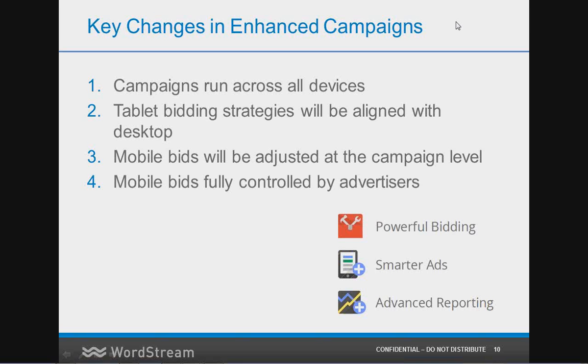3, with enhanced campaigns, the tablets can no longer be explicitly targeted. So previously, if you had a campaign that was targeting tablet traffic only, that is now gone. And so the only workaround here, or all you can do now, is both tablet and desktop, because they're now bundled together as one. And lastly, the big change here is